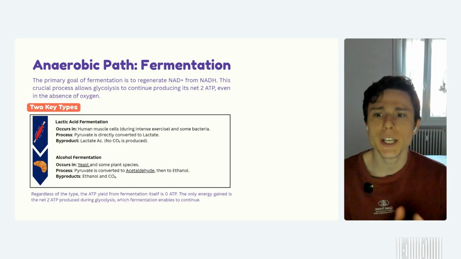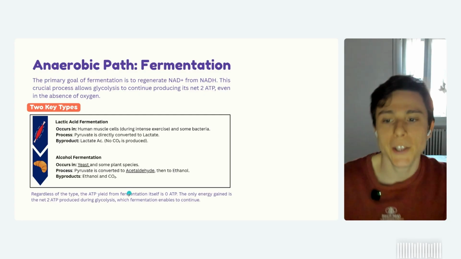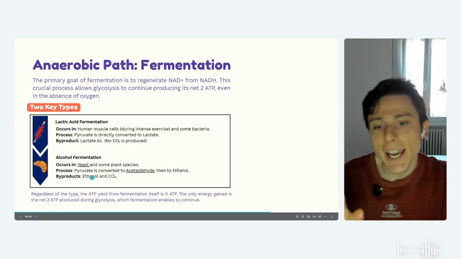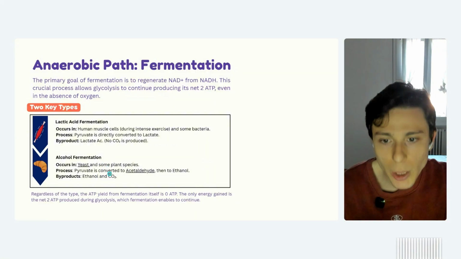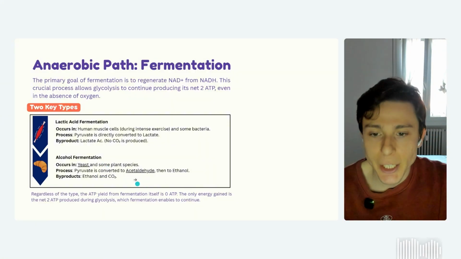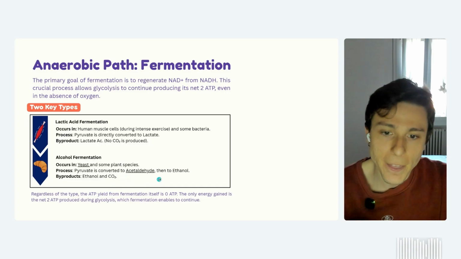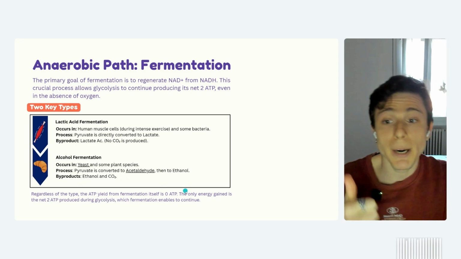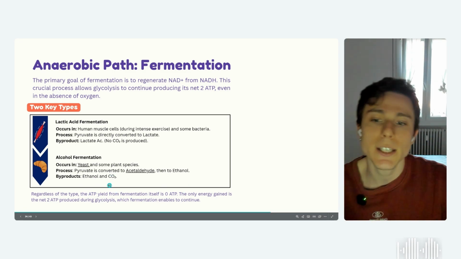So one of the ways you can get rid of that is just massaging, so you're just spreading that lactic acid. On the other hand, we're going to have the alcohol fermentation. It usually takes 2 steps, but it's not important for you to remember that, it's just a little bit longer. We're going to have an intermediate ingredient here. Whenever the pyruvate receives those electrons, we're going to have the acetaldehyde, and then finally we're going to have the ethanol. So the byproducts of the alcohol fermentation are going to be the ethanol and the CO2.